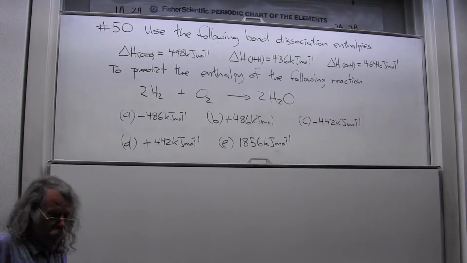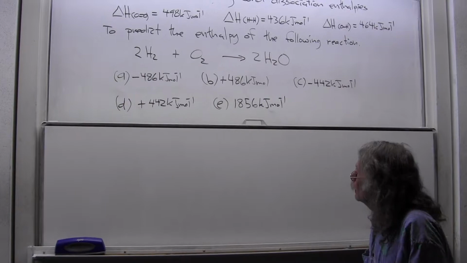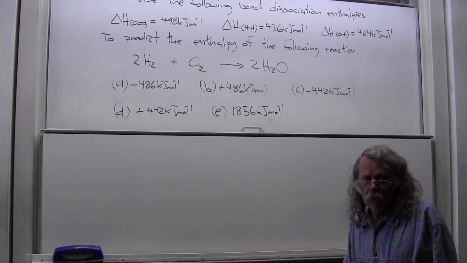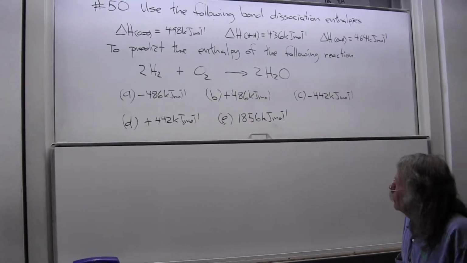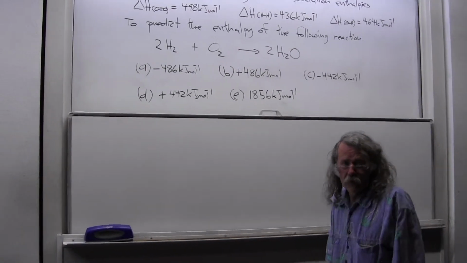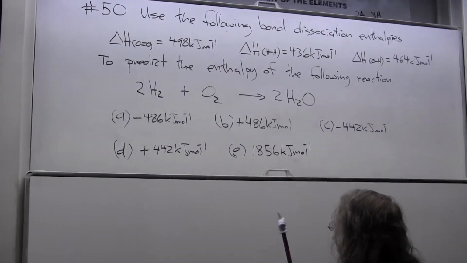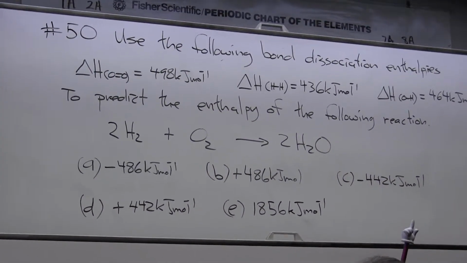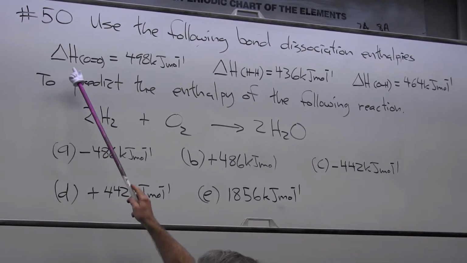Number 50. This is on practice midterm number 3. This is the last of the true-false multiple choice comprehensive questions that you'll be filling out on the Scantron. The question is, use the following bond dissociation enthalpies, and I have delta H,